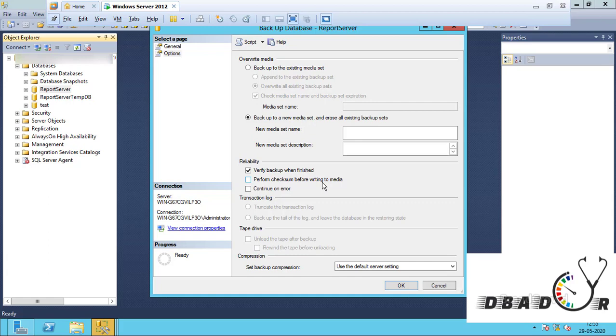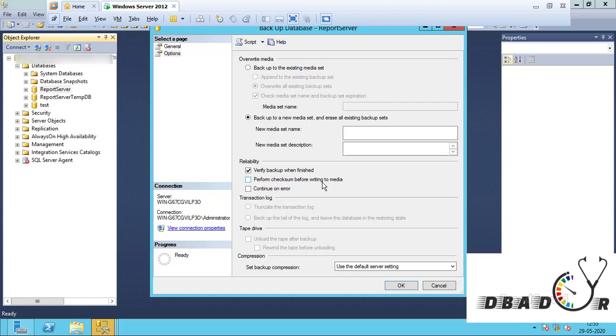If the database is very critical, then you needn't worry about backup pages. Let's say you are taking a monthly or weekly full backup, where the file size is very high and it is very critical, and in production you're keeping only one database.